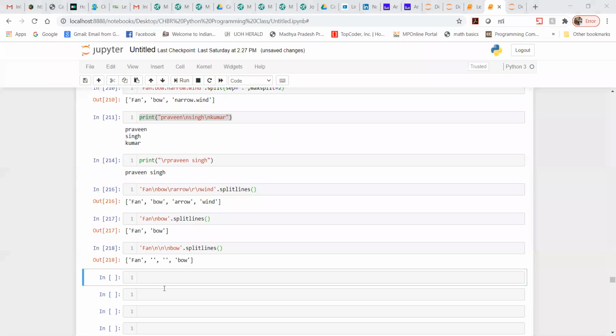If consecutive boundary characters are present in the string, then it delimits the blank lines. So here we have continuous 2 delimiters, 3 delimiters, then it is going to make blank lines twice. So if we specify consecutive boundary characters present in the string, then it delimits the blank lines. That is what happened.